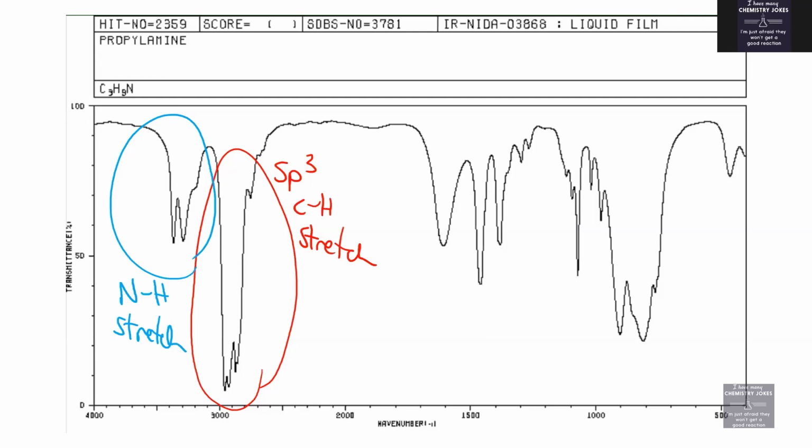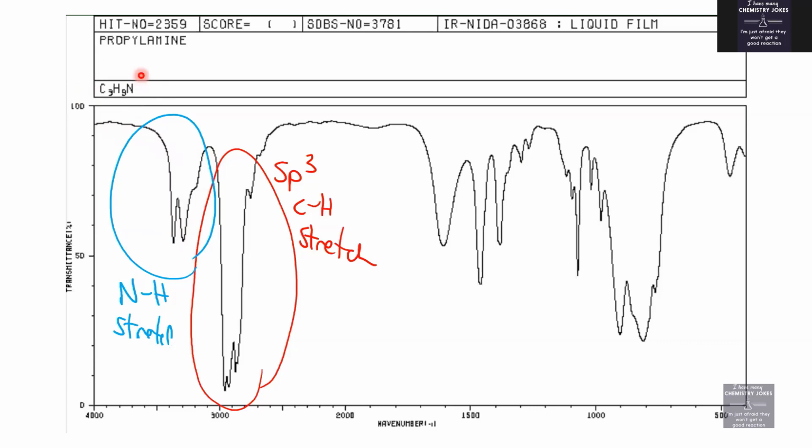How do you tell the difference between an OH stretch and an NH stretch? An OH stretch comes in the same region over here, if you remember back to our alcohol. But an OH stretch had a smooth bottom. It had a very smooth transition down here. An NH often has a couple of bumps, a couple of fingers is what I always refer to them as. So if you have a smooth transition, probably an OH. If you have fingers pointing, probably an NH. You'll also be able to tell that simply by knowing the molecular formula of what your molecule is,